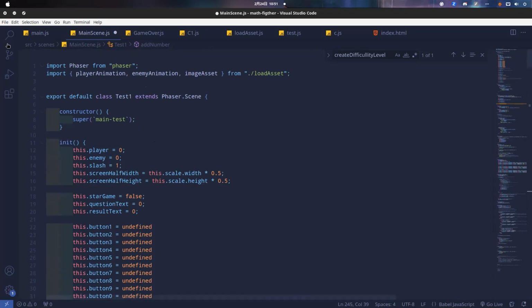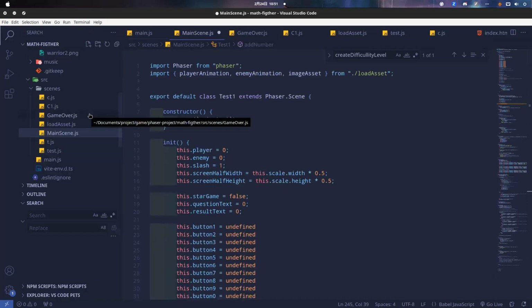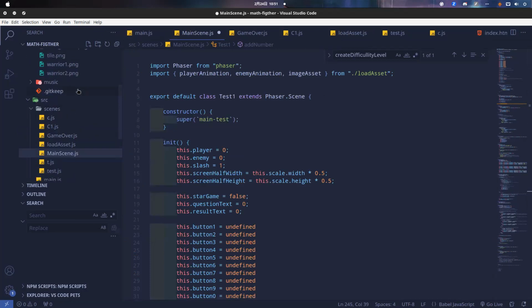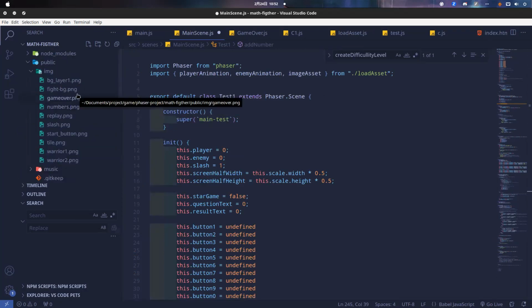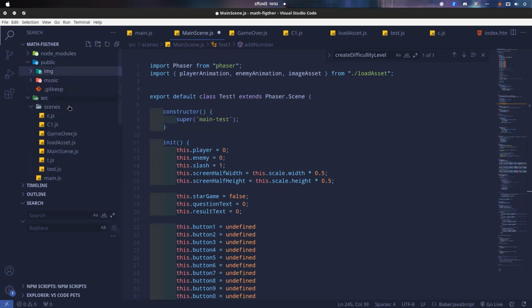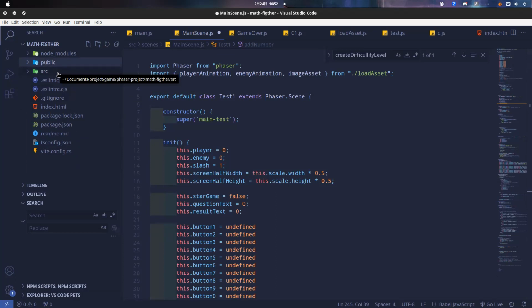Let's begin. Basically, if you want to create a new project, you can download the template from GitHub. This is the result from GitHub actually. Just focus on these folders, public and src. The public folder plays an important role when it comes to using data. For example, when you want to save assets like pictures, audio, or video, you can save them inside the public folder.